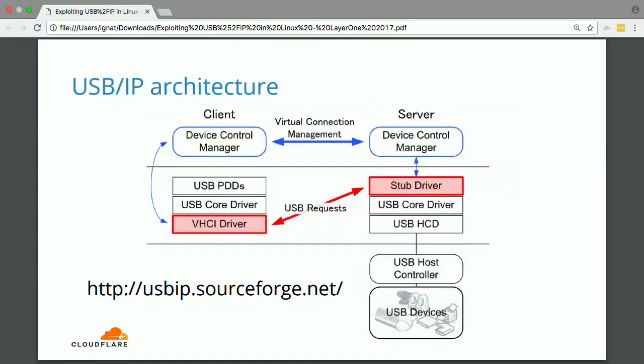And USB/IP is actually implemented for Windows and Linux. So here is the very high-level architecture. This picture is taken directly from the project website, and you can see the link to the project website below. Sorry, no HTTPS, so maybe this data was hijacked. But anyway,